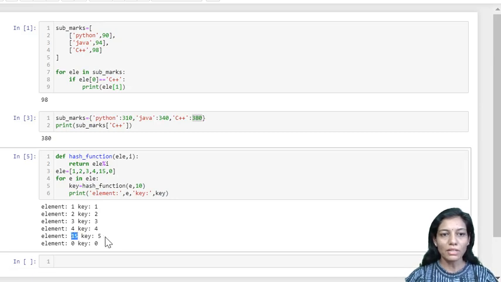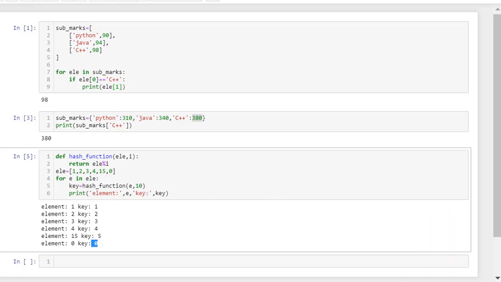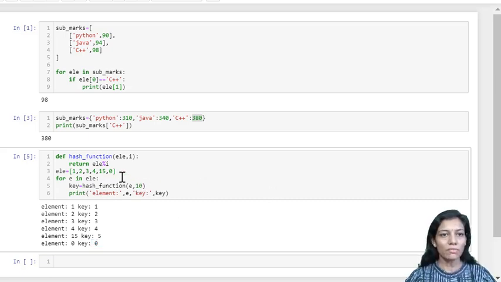So let us execute it. So element 15 will be mapped at 5 and 0 key will be bucket. The bucket is returned as 5. Key and buckets are same. Hash table, hash maps, all are same. So this is the very fundamental requirement of defining a hash table, that is the definition of the hash function. As our hash function is ready, we are good to go to insert our elements into the hash table using a dictionary. We are going to do that.